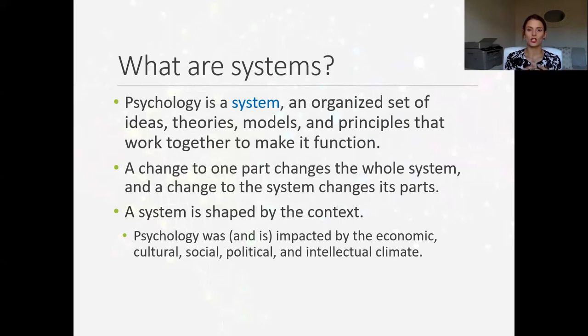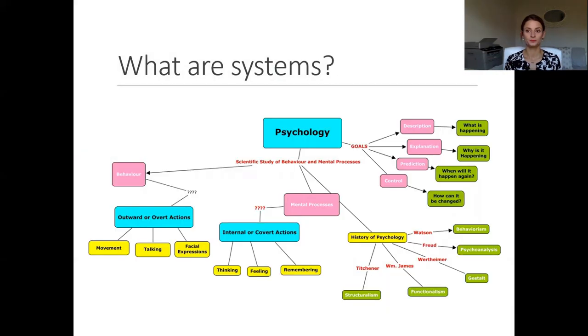Systems, like psychology, are also affected by things that go on outside of the system. Psychology, for instance, is impacted by technological advancements, economic challenges, COVID-19. There are things going on in the world right now that will likely impact how psychology evolves over the next couple of years. When different topics become of interest to the public, those topics then become of interest to psychologists. If we were going to illustrate psychology as a system, this might be an example.